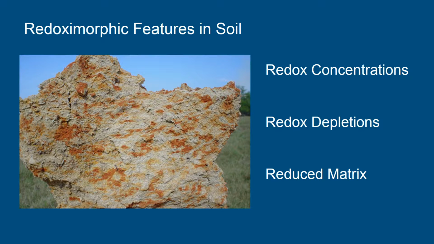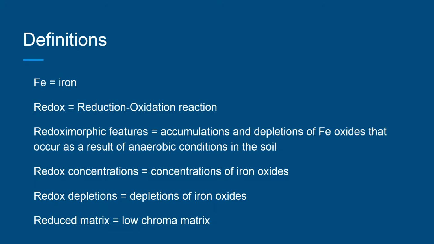This picture gives us an example of redoximorphic features, which are the redox concentrations, the redox depletions, and the redox matrix that we will discuss throughout this video. Some of the terms we will be using throughout this presentation: iron in redoximorphic reactions. The presence of iron 3+ and iron 2+ are what clue us in to where reactions have taken place in